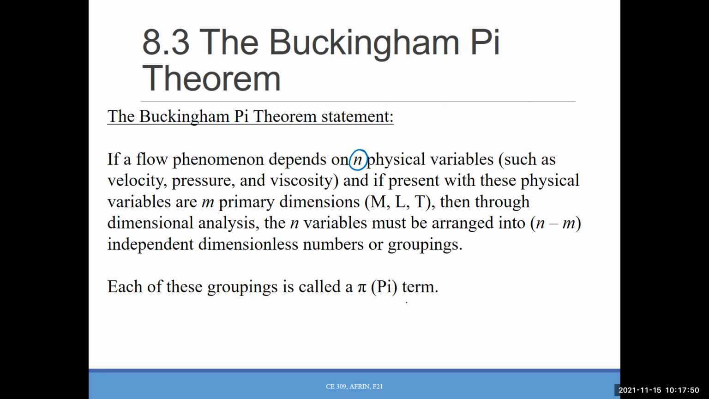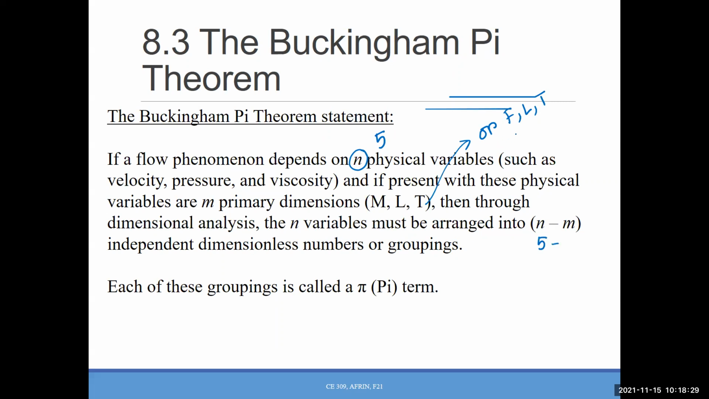And each of these groupings is called a pi term, right? Thank you very much. So they are saying if a flow phenomenon depends on n physical variables, it can be, suppose, five physical variables, and if present with these physical variables are m primary dimensions, like if you can express all of these variables by MLT or FLT, then through dimensional analysis, the n variables must be arranged into 5 minus